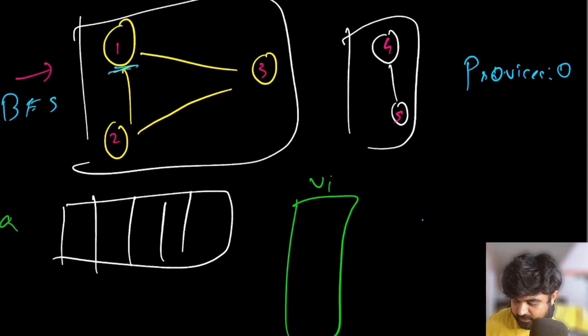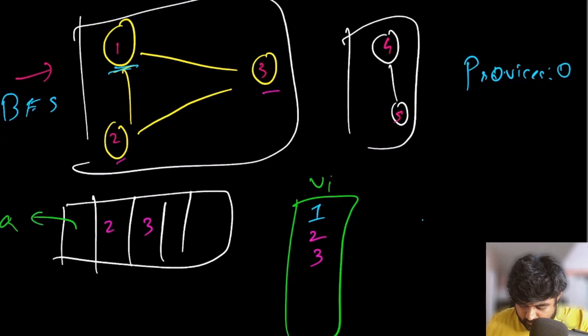Since 1 has not been visited, we mark it as visited and add 1 inside our queue. The moment we find a value inside the queue, we iterate through its neighbors. Currently 1 has two neighbors, value 2 and value 3. Both are not visited, so we add them to the visited nodes, and we mark 2 and 3 here. Now we have iterated over all the neighbors of 1, so we dequeue 1 and remove it from the queue.